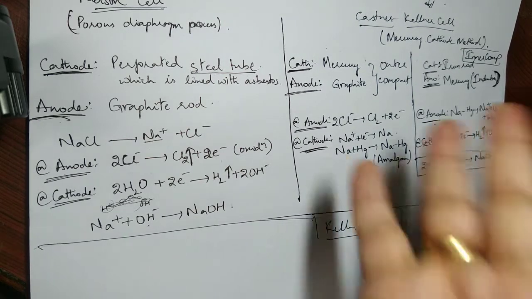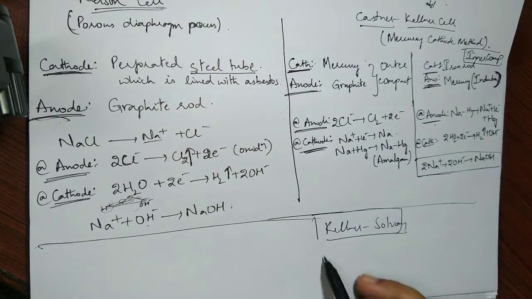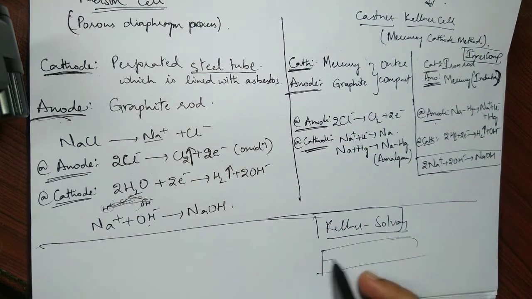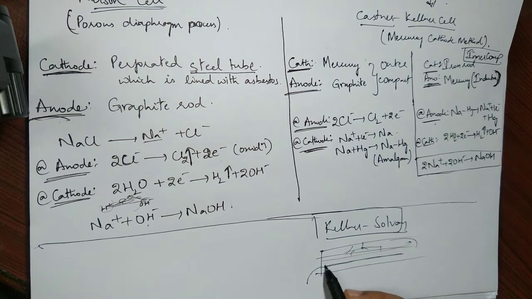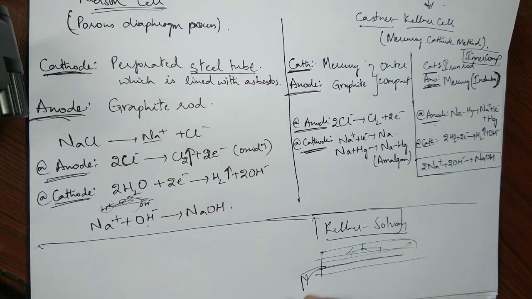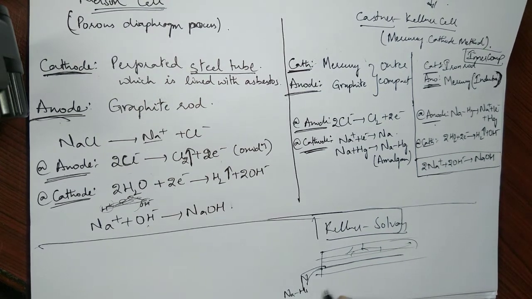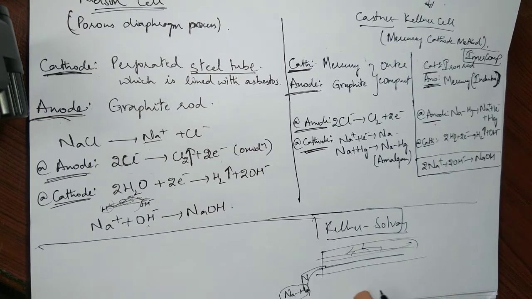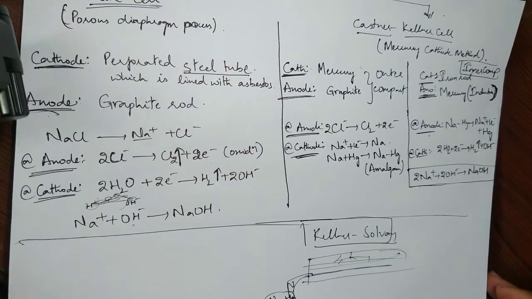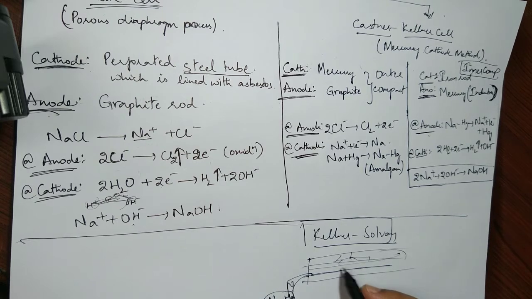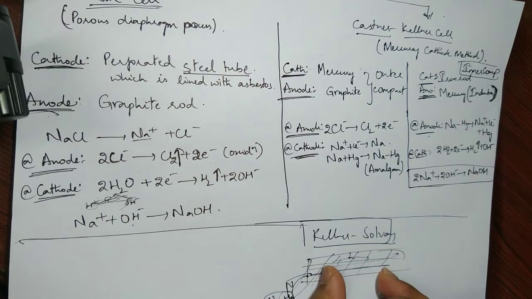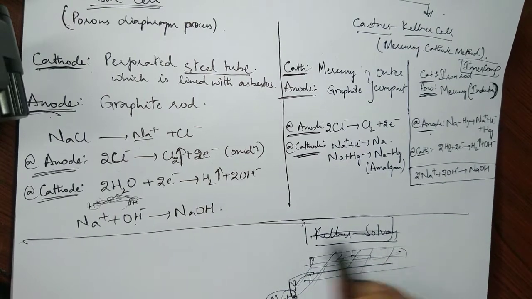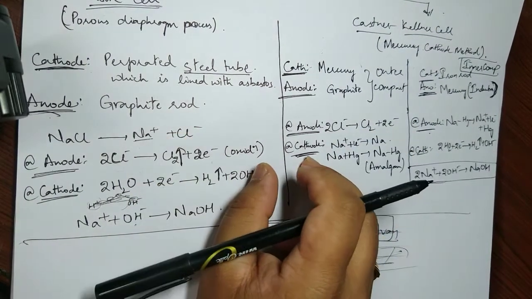So it is a sophisticated one, though not so big as the previous one. It has a very large tower in which only iron rods are present, and the amalgam keeps flowing outside. The sodium amalgam that is formed, NaHg, instead of being retained there, comes out, and after coming out, we react it and form our sodium hydroxide. Same method, only a little more sophisticated. So Kellner and Solvay are not much important, these two are important. Fine.